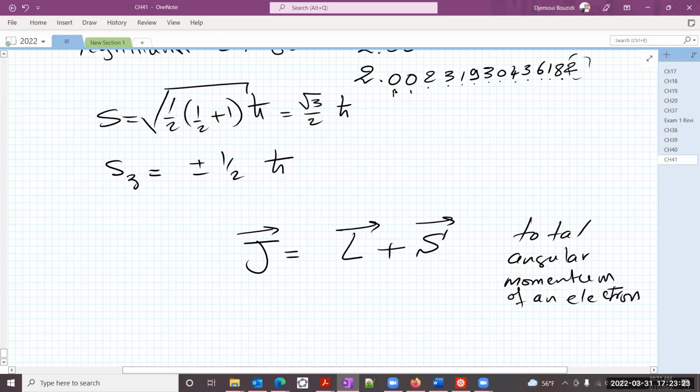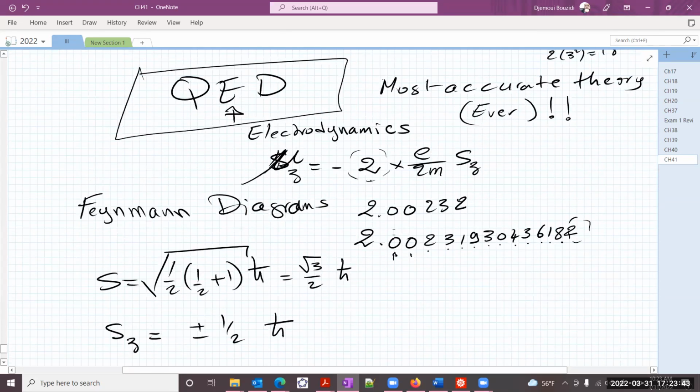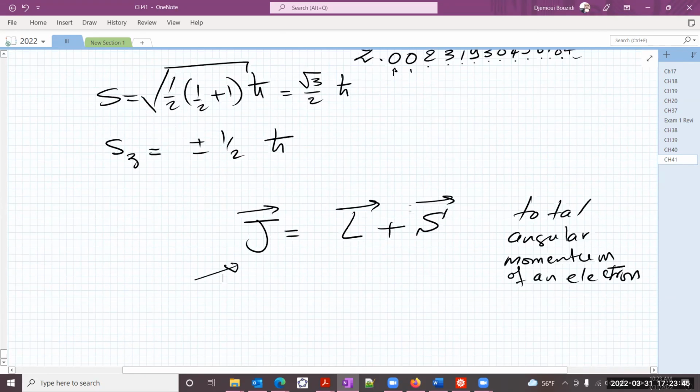It's the sum of these two values as a vector, because it's still a vector. So really, I should be concerned with J, not L by itself or S by itself in all of my interactions. In one particular case, and the calculation gets a little bit more complicated at this point, to get into the Feynman diagrams, you really need a lot of math that is way outside of the scope of this class